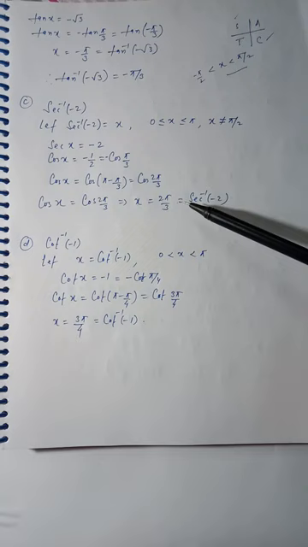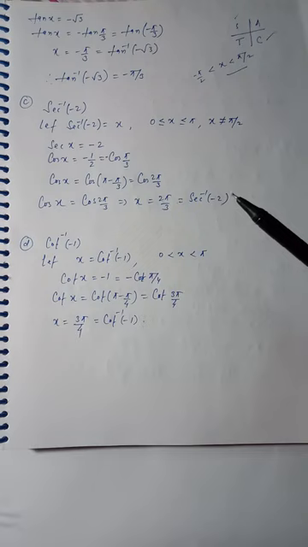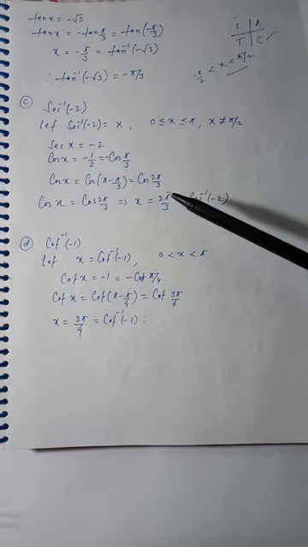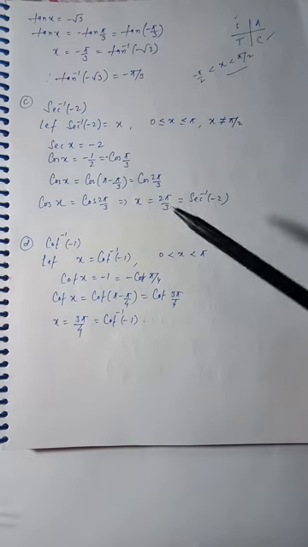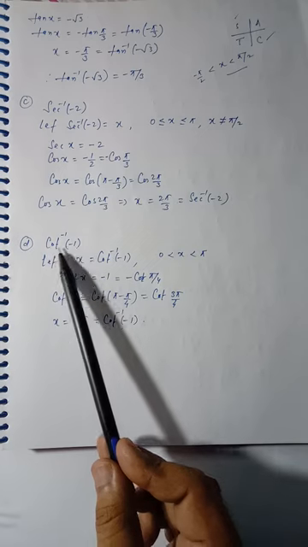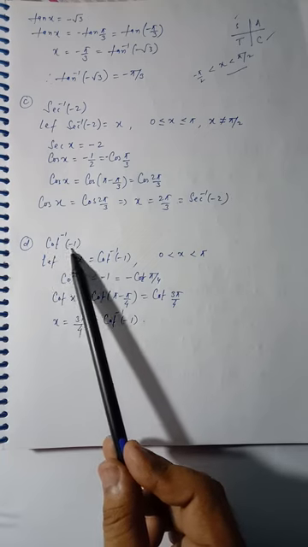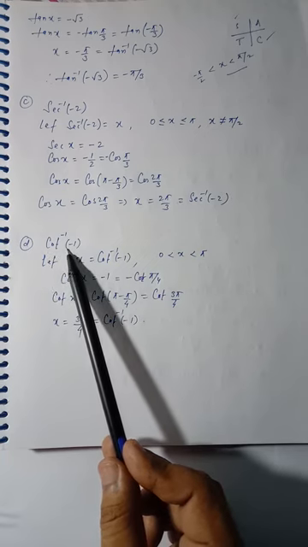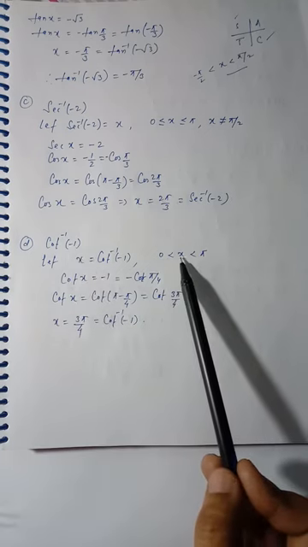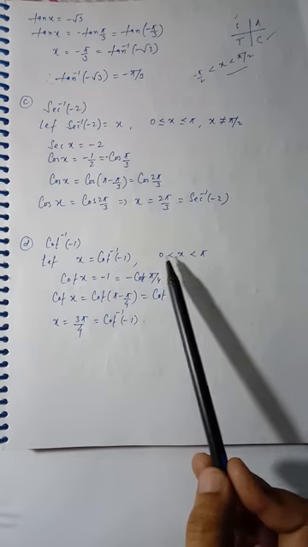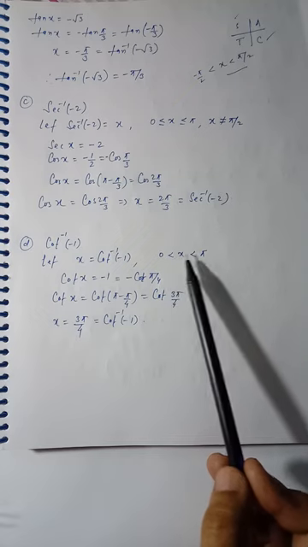So this is the basic trick behind this concept: when we remember the range of the different trigonometric functions, we can easily understand the principal value, because there are infinite values. Similarly, what will be the value of cot inverse minus 1? Assume this is x. Since this is the cot inverse x function, we already know that its range is between 0 to pi, which is why I am saying you must remember the range also. So x must lie between 0 to pi, and our aim is to make x lie only between these two values.